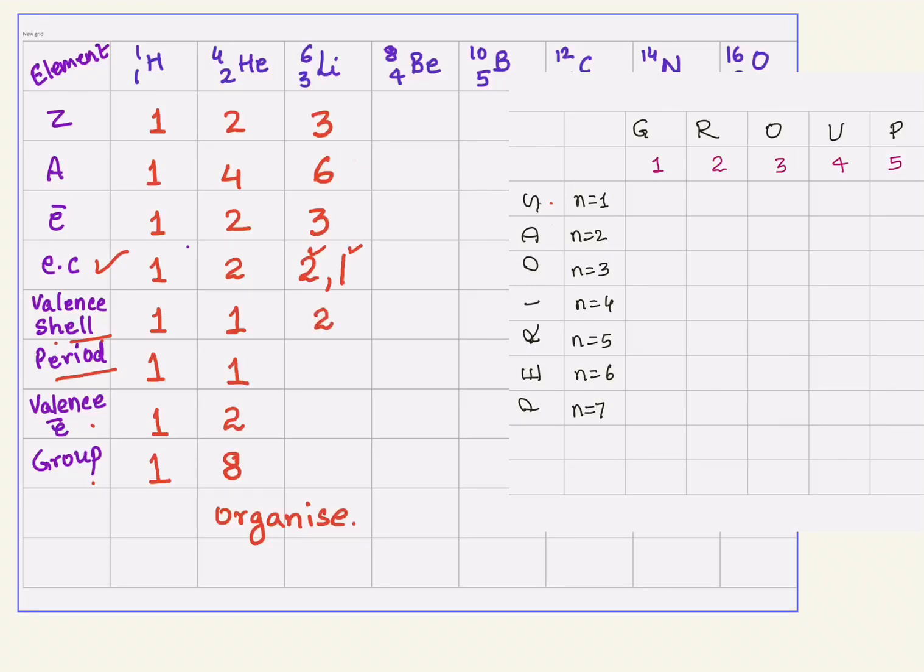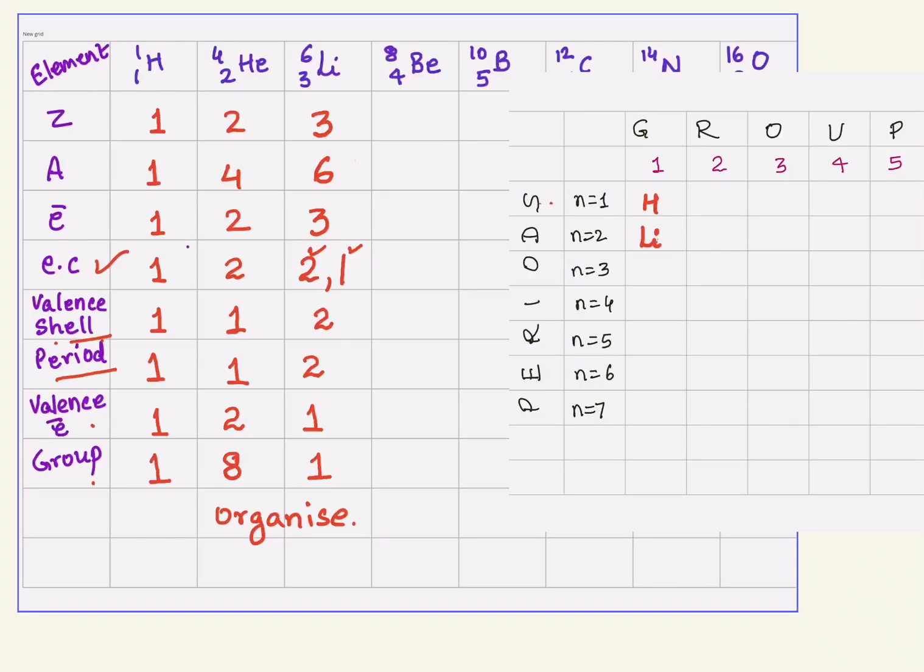So the period number for lithium would be, correct, 2. Valence electrons: how many electrons in that valence shell? 1. So the group number would also be 1. So again, look at your periodic table and mark period number 2, group number 1. Yes, there is the position of your lithium. So let's fill it here. We'll put lithium under hydrogen.